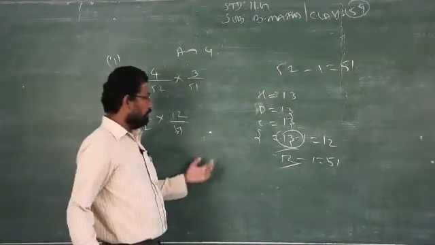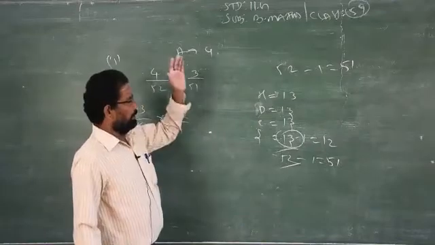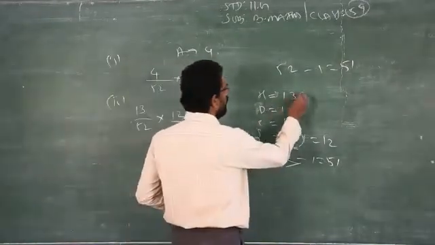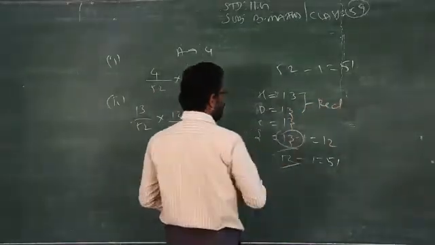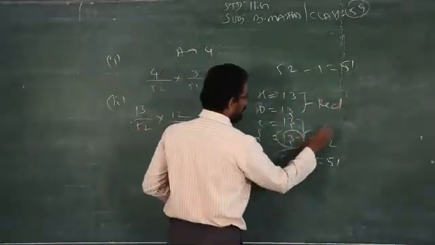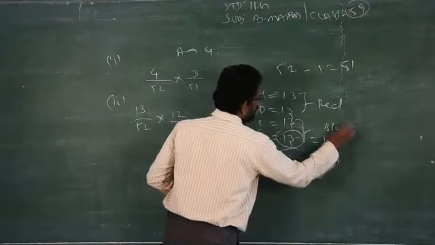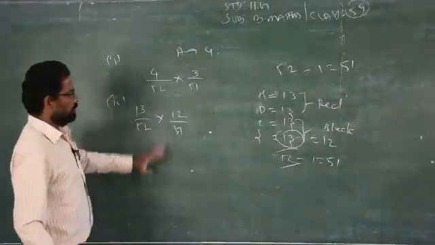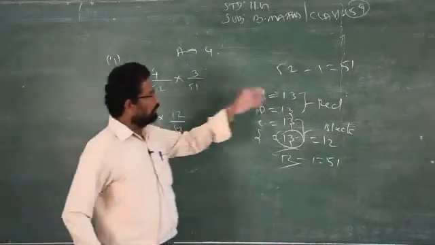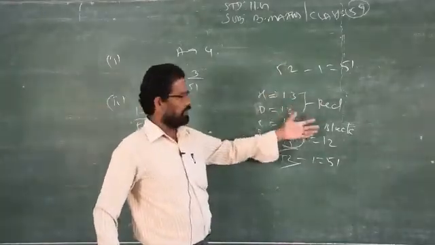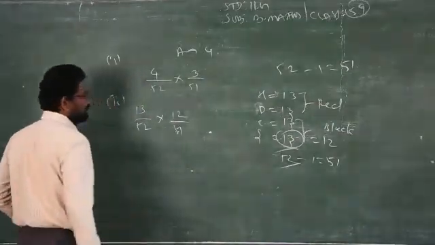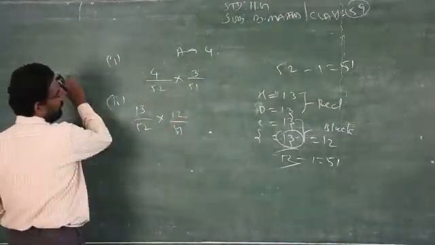Some of you don't know what is meant by cards, but you have to memorize. Heart 13, diamond 13, these two are red color, whereas the club and spade are black color. So you must memorize this basic concept to work out these types of problems. If you don't have knowledge about the cards, then it is not possible to get the answer. Clear? Just simplify, you will get the answer.